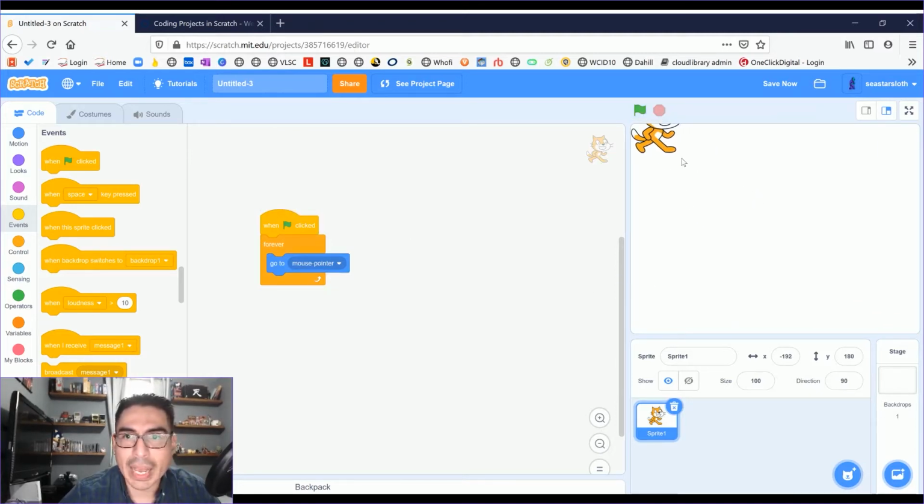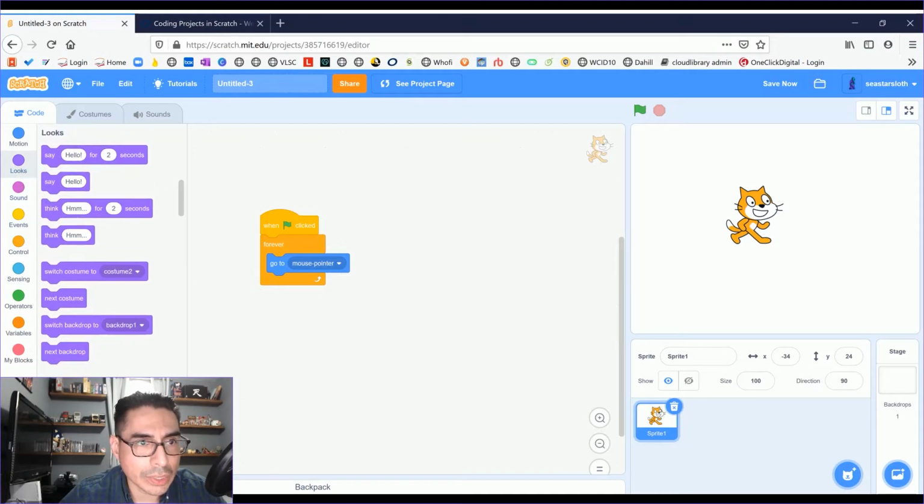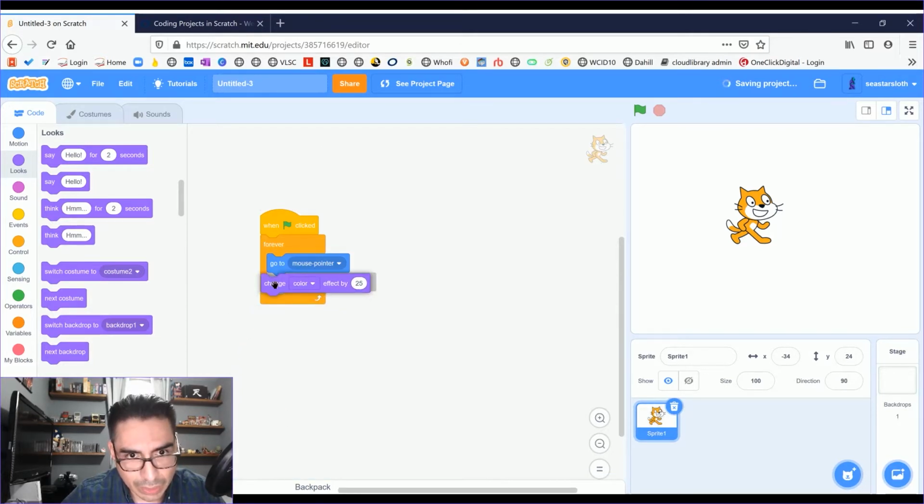Okay, so we're going to add more code. And we're going to go into the looks section. And we're going to find change color effect, and drag it inside the forever block.